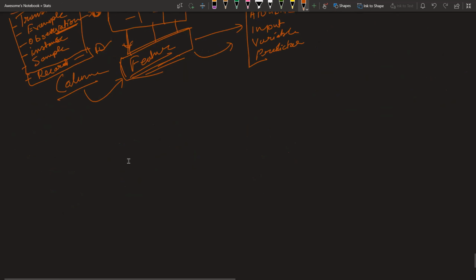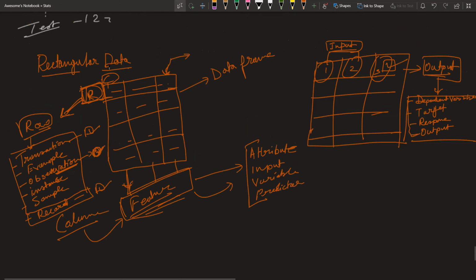Okay, now fine. So far, very interesting. See the flow. We understand a table very well now. Now we know what the table is called. The table is nothing but a data frame. The row has multiple names. The column also has multiple names. Now the output which we want to predict or find out also has certain names.